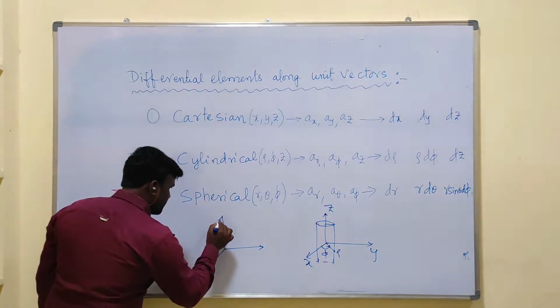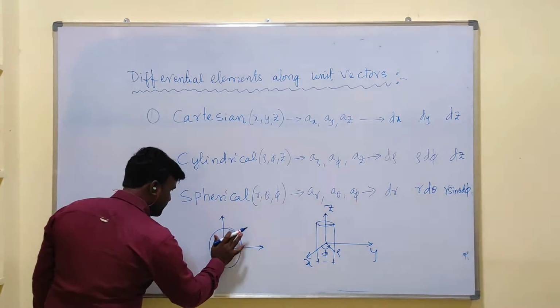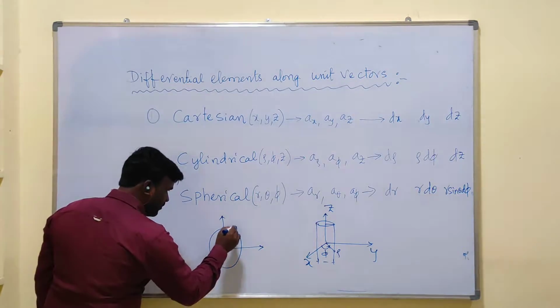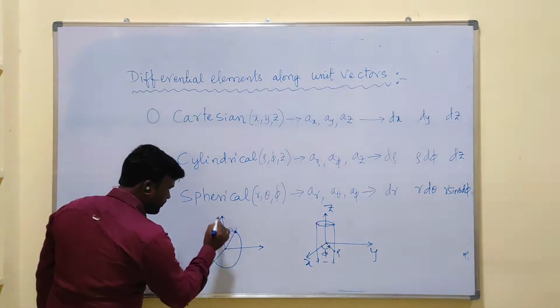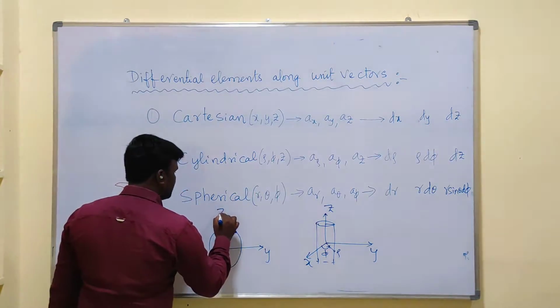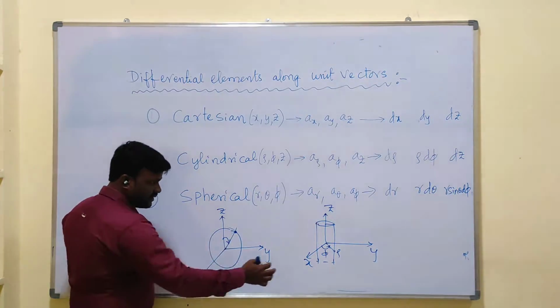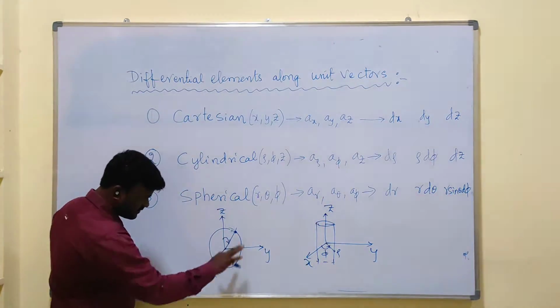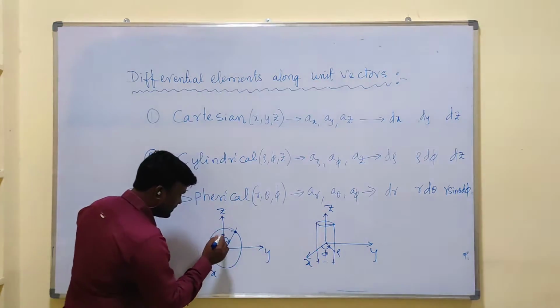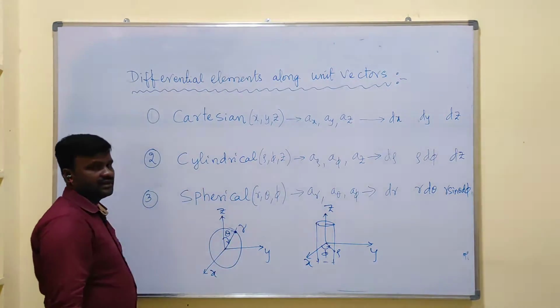Similarly, if you go for the spherical coordinate system, we need to take a sphere like this. Let us take a sphere of radius r. This is the x-axis, this one is the y-axis, this is the z-axis. This r is making an angle, in the downward direction, in this case upward direction. Here it is clockwise, it is anti-clockwise. This is the theta. This theta is the angle made by r.